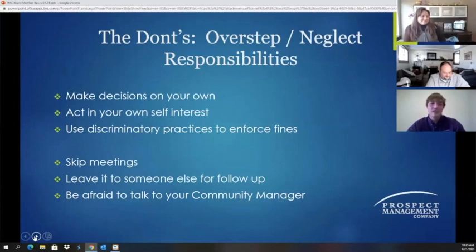Also, don't leave it to someone else to follow up. If it's an item that you're supposed to follow up on, make sure you do that. If it's not something that you feel comfortable following up on, make sure that you discuss that with the entire group so that the right person is set to follow up on an item. You delegate tasks to make sure that everybody has responsibility and that nothing is too much for someone. You want to make sure that it's delegated enough that everybody has a say for one and has the ability to complete the tasks that were given to them.